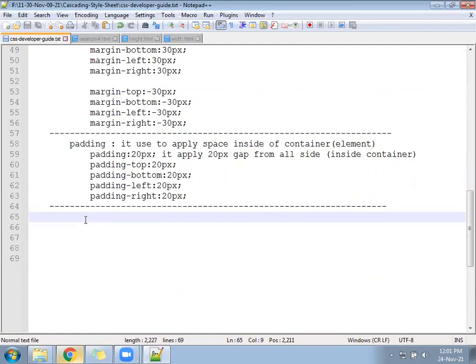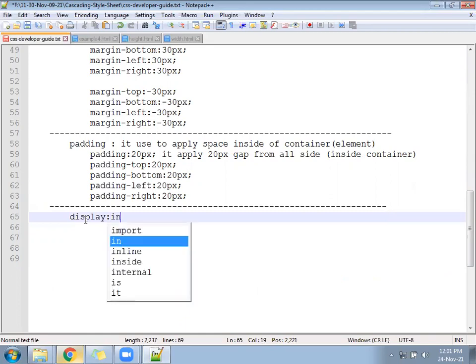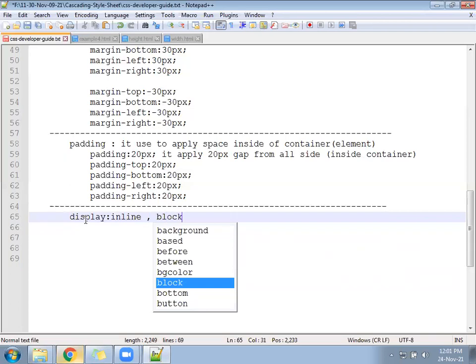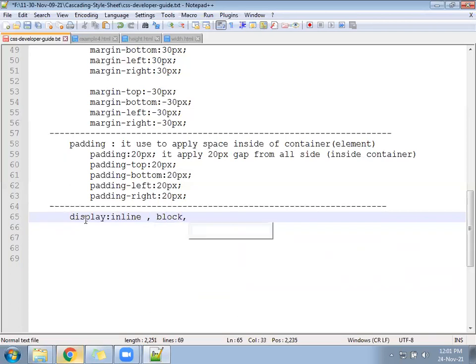Next, we have a property called display. Display has a value called inline, a value called block, a value called none, and a value called flex.